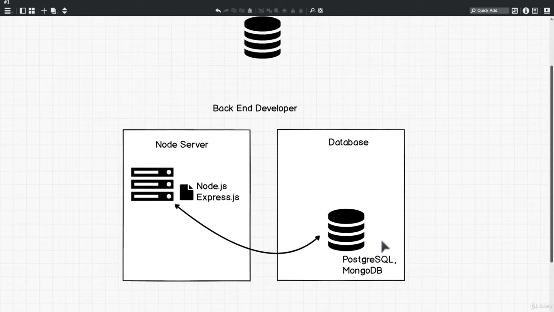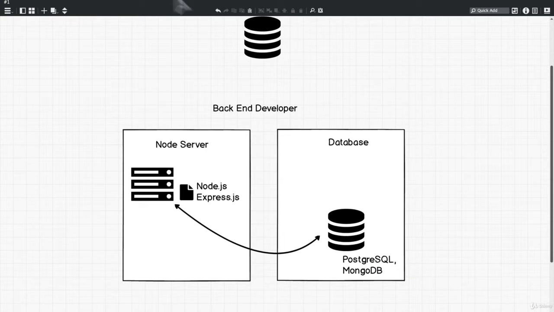And this idea of a DBMS really started to take shape in the 1960s. And now it is at the forefront of many exciting things. There's an entire industry of engineers that just work with databases because it is so important. Now, there are two types of DBMS that are really popular right now and that we're going to talk about in this course. And these two types are represented really well by Postgres and MongoDB.